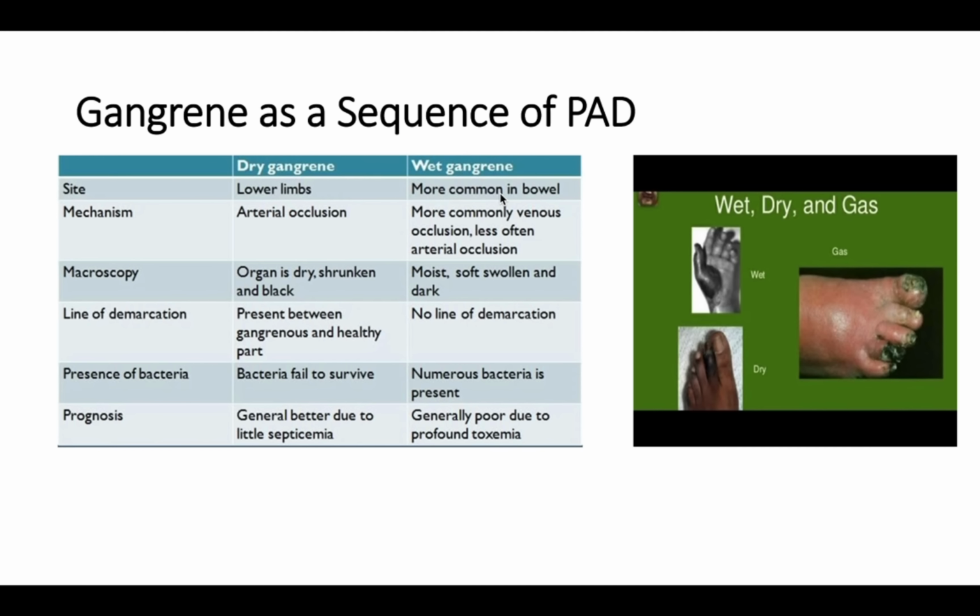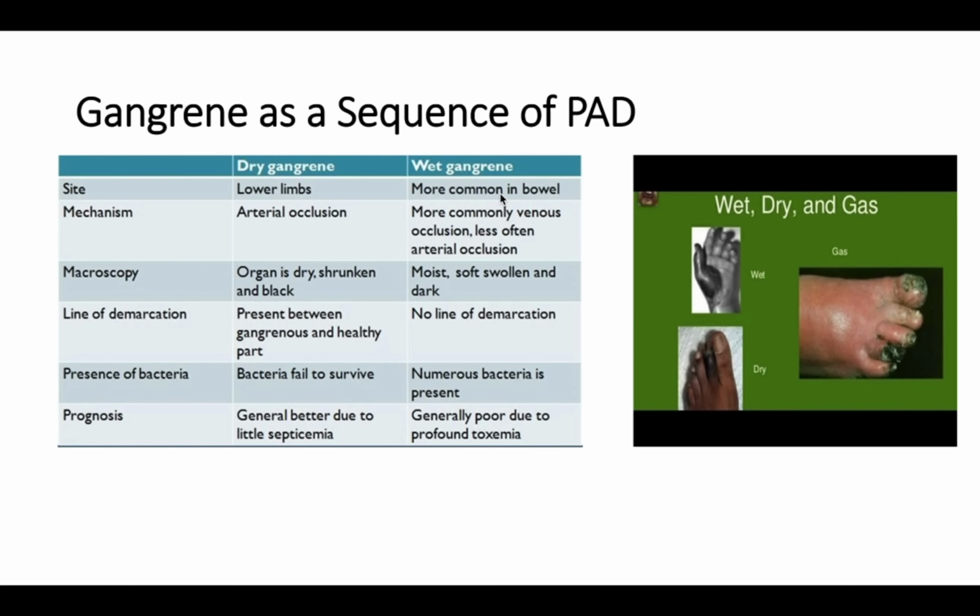And we also have gas gangrene, which is caused by Clostridium perfringens, most commonly. As the picture shows, in the dry there's arterial occlusion, in the wet it is more venous. Macroscopy: in the dry, the organ is dry, shrunken and black. The wet one will be moist, soft, swollen. The most important differential is the line of demarcation. In the dry one, there is a clear line of demarcation, but in the wet one, there is no line of